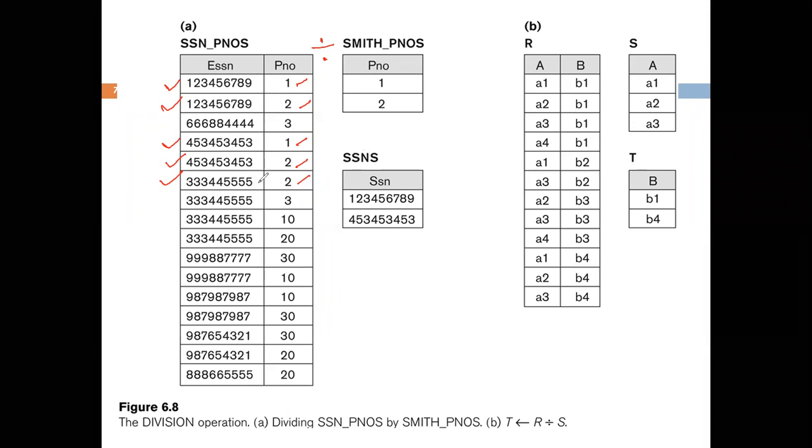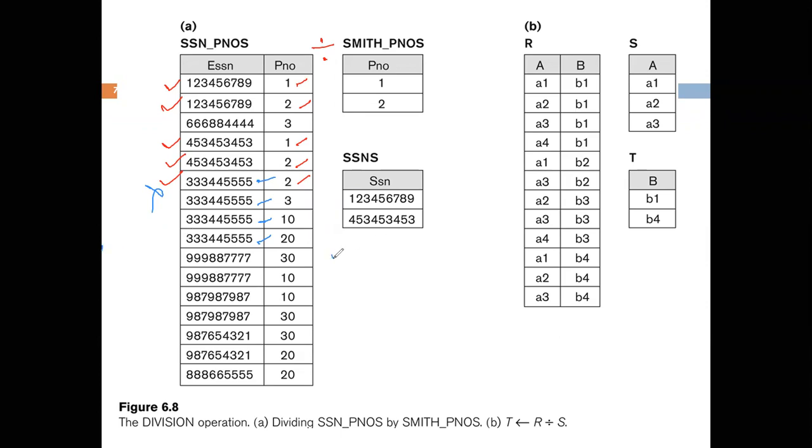Here it is matching with 2. Here it is matching with 3, 10 and 20. Right? So this 3, 3, 4, 5, 5 will not be selected. So now what happens? If we list the possible SSNs that are being matched, so it is,